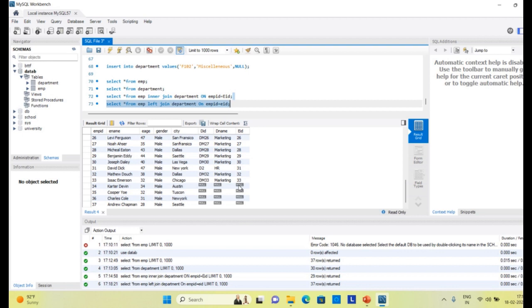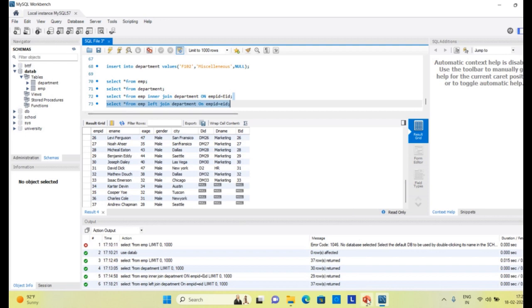So all the values of the left table are displayed, while only the values of matching IDs are displayed in the right columns. That is, when we are talking about the left join, all the values of the left table are displayed, and for the right table, the query will display only the result when the foreign key value matches the primary key. So this is the concept of the left join.